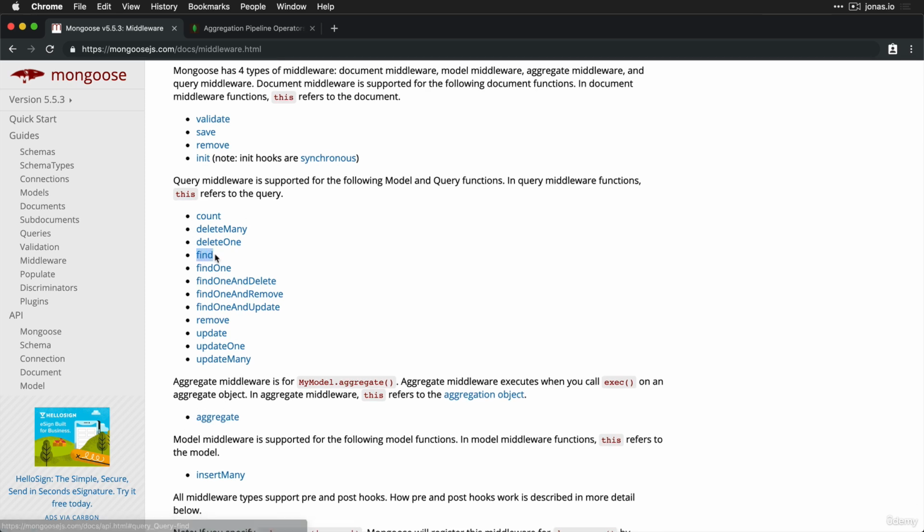So find, as we just specified, and now with our regular expression, it's also going to run for find one and delete, find one and remove, and find one and update, right? Anyway, moving back